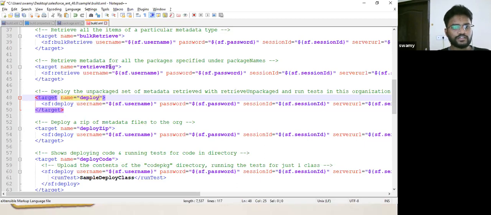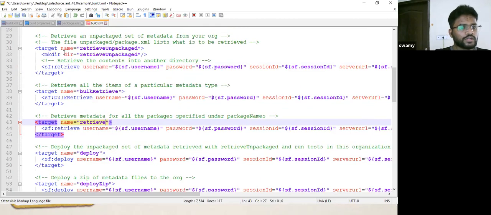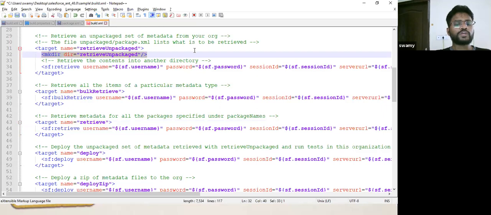You can change any name, like retrieve package, just make it retrieve. And here also, like this mkdir, if you want to make the folder not with retrieve unpackage, you just want retrieve, like a sandbox.